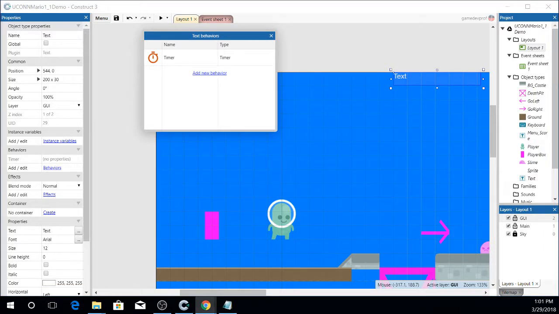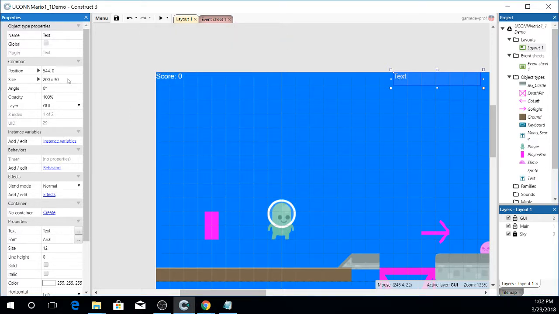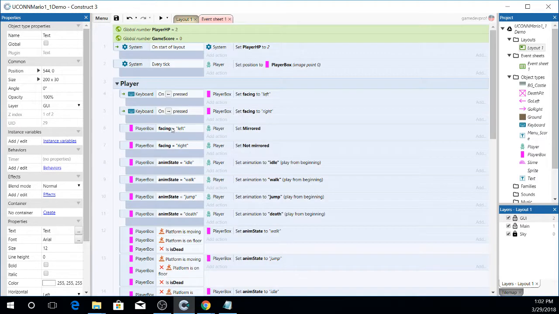What this does is allows us to just call an update every so often. And timers, they keep track of all of our data. So let's add that behavior. Event sheet,